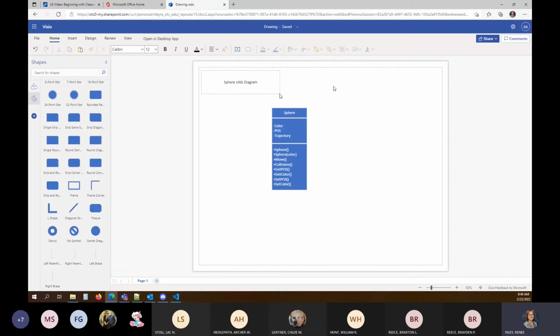And then I should be able to just have that saved. Right now it's named drawing. That's not a very good name. I think I'll change it to sphere UML diagram, and I'll save that instead. That'll be a little bit more meaningful for me.